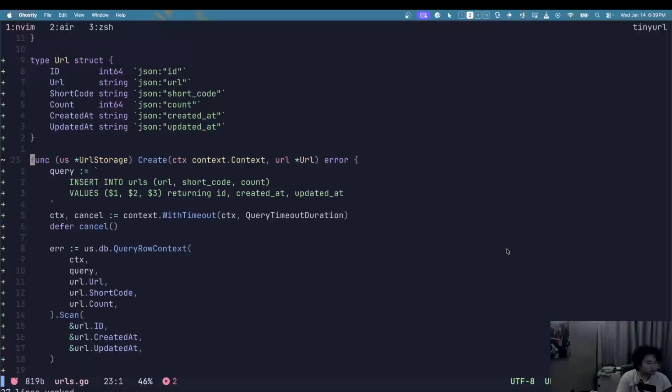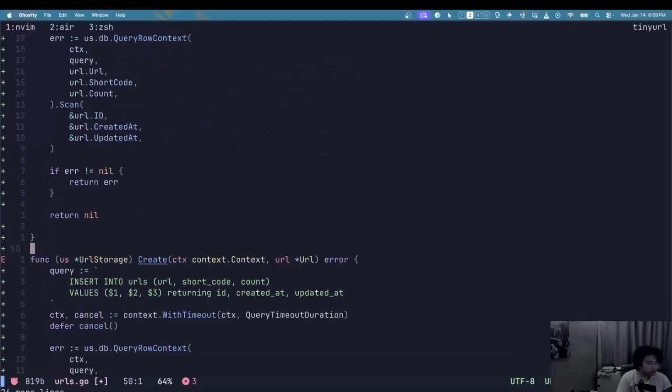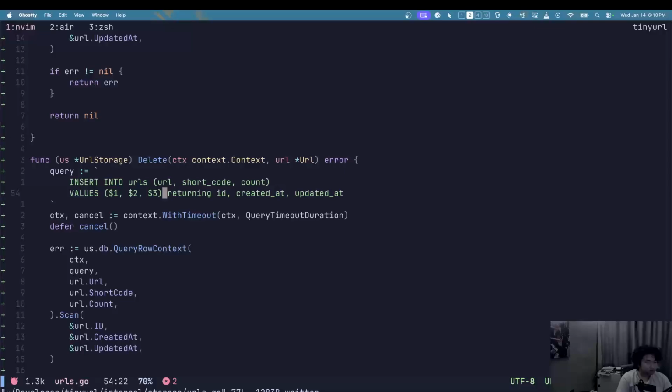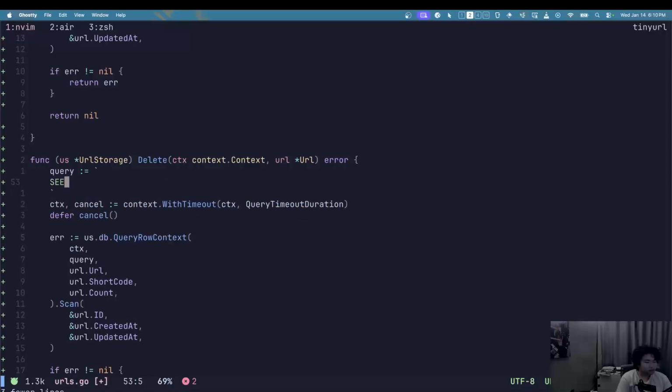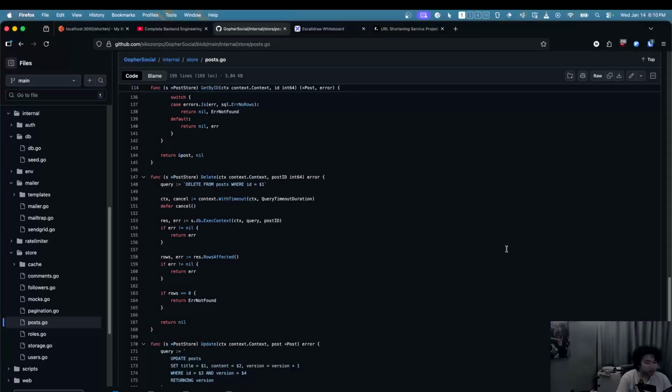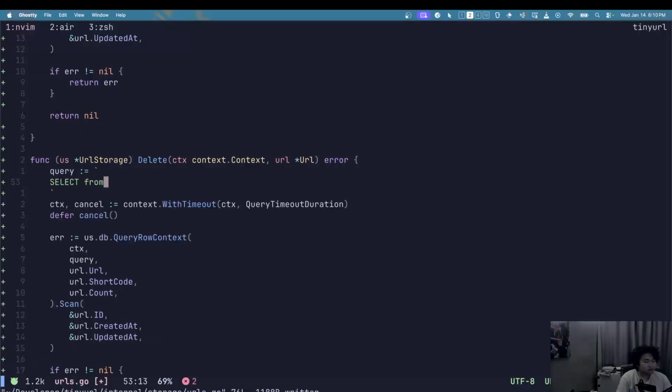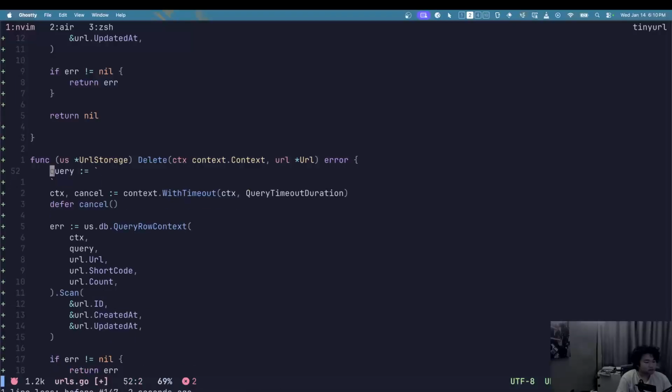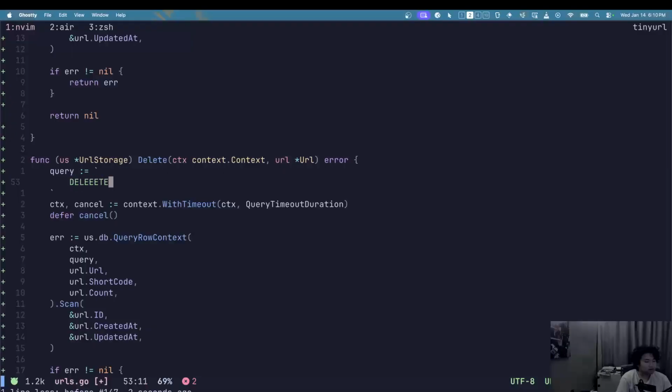So it's basically the same thing here, but select. They'll have access to the shortcode, so I have to go by that. So delete from. Actually, it's delete from